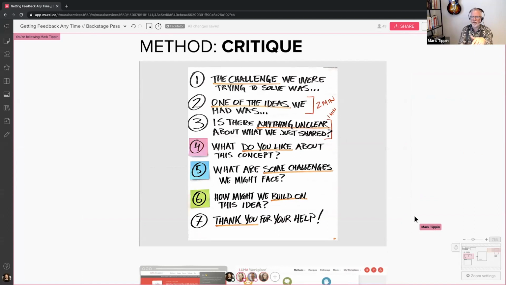Before I read through this, I just want to point out that there's a particular order, and if you're familiar with some of the other methodologies like Rose, Thorn, Bud, you'll notice that we have colored stickies for steps 4, 5, and 6. In a sense, it's a way to facilitate feedback in terms of what's working well, what maybe isn't working, and where some opportunities are.